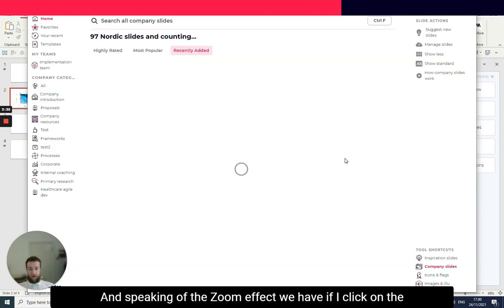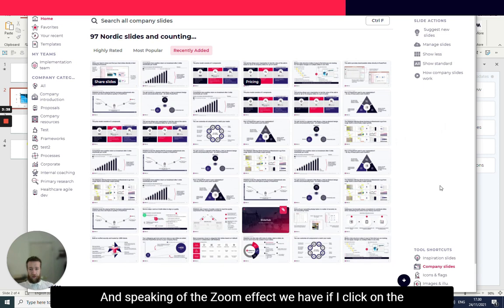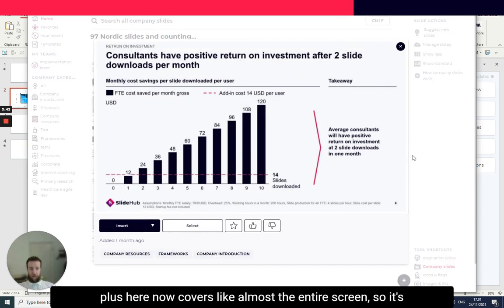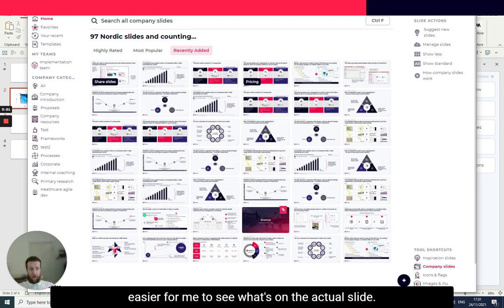And speaking of the zoom effect we have, if I click on the plus here, it now covers almost the entire screen, so it's easier for me to see what's on the actual slide. Finally, we have